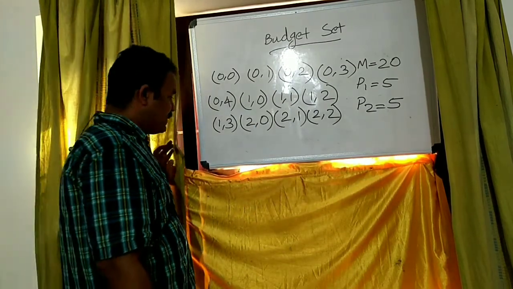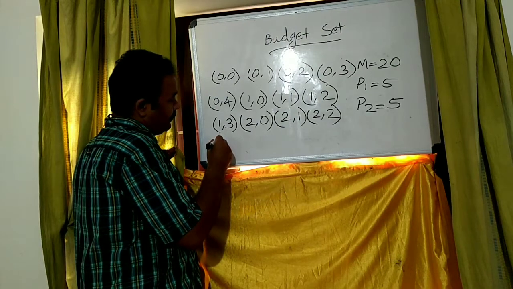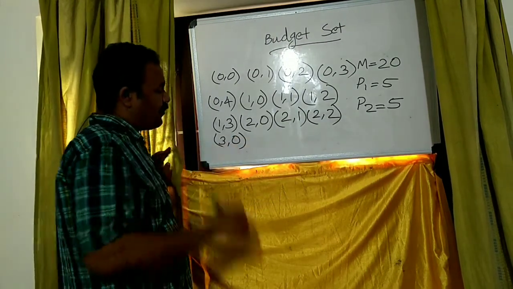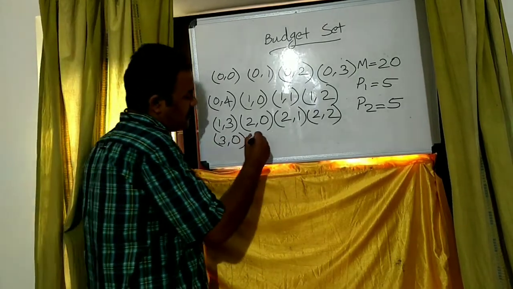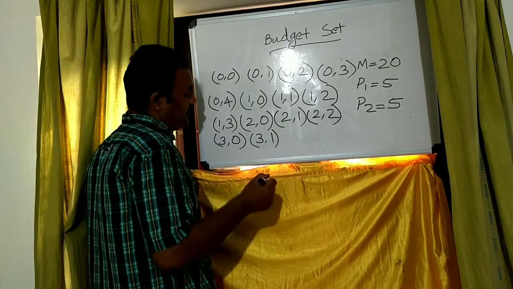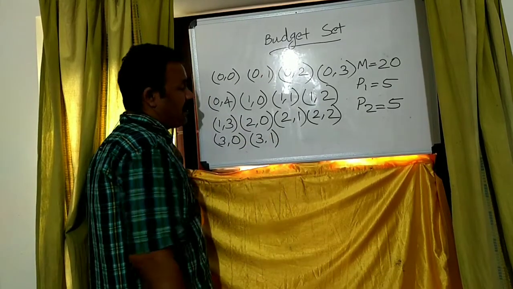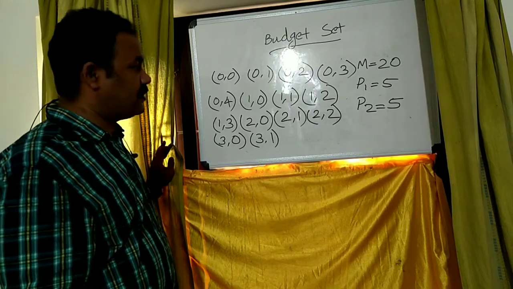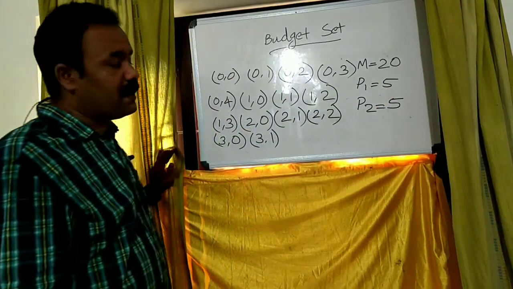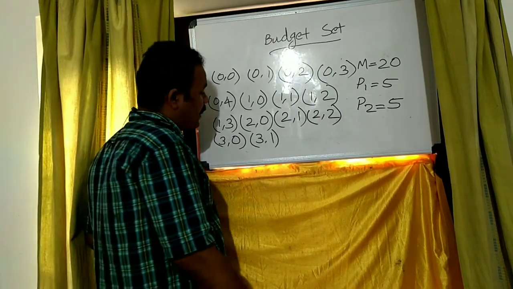Then next we will write 3, 0. What is total expenditure? Here 3 into 5, 15. Then next 3, 1. Total expenditure 3 into 5, 15, plus 1 into 5, 5. 15 plus 5, 20. And 20 is equal to the budget of the consumer. Next we can write